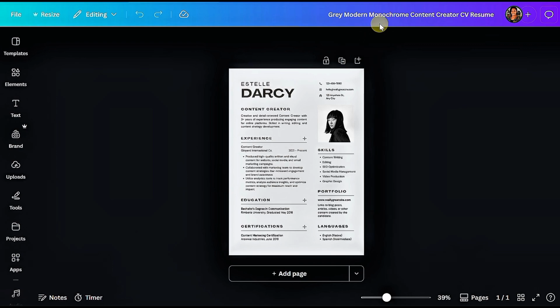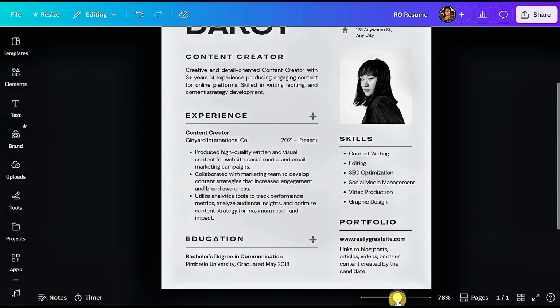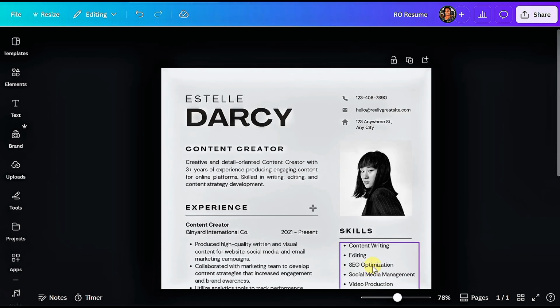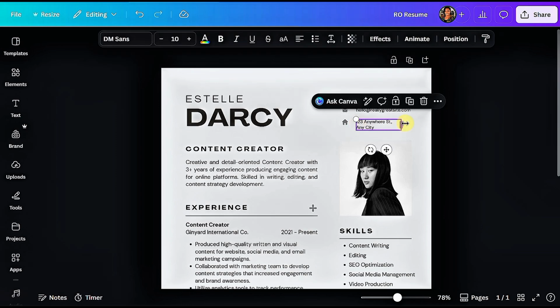The first thing I like to do when my resume opens is to change the link. So to add a link to this PDF, let me just quickly increase my page size so you see properly. So I want to know where I want to put in this link. So if I say I want to add in this link here where there is address,